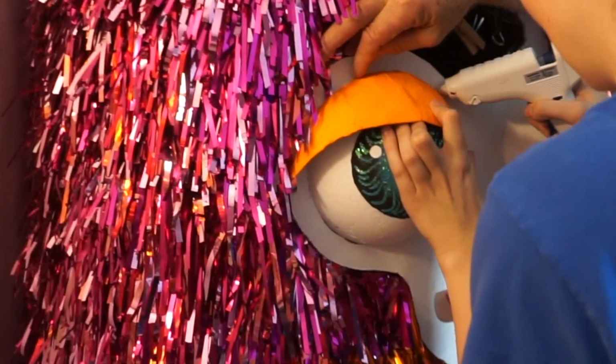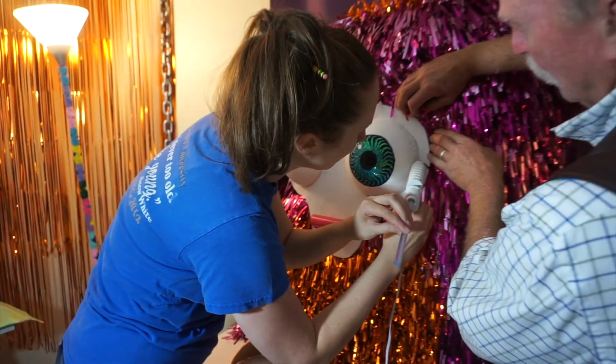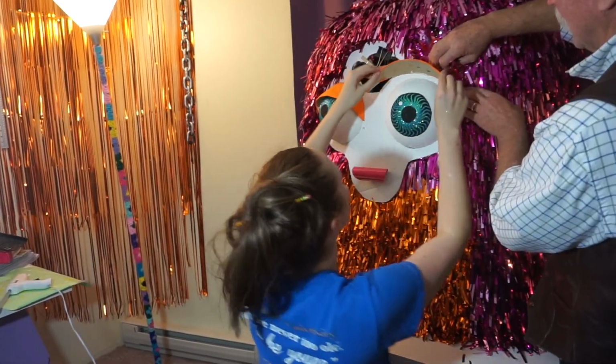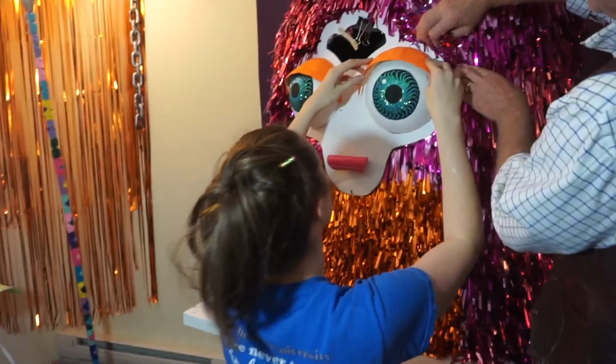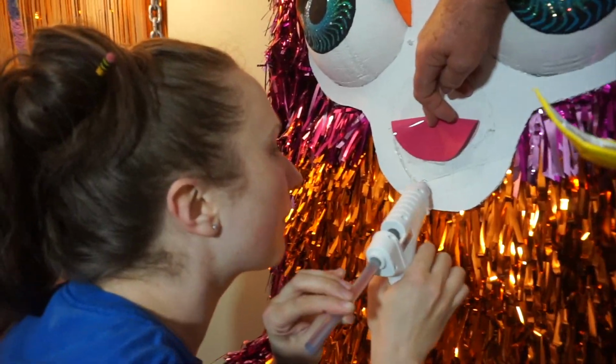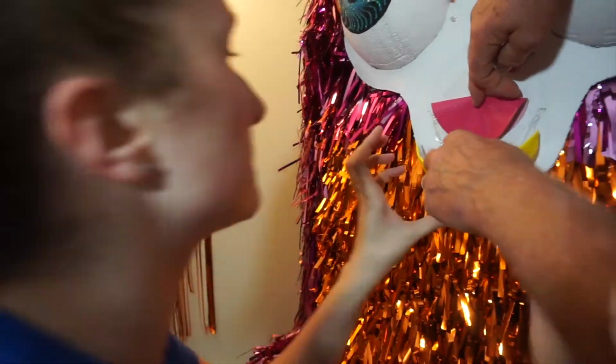So a big shout out to my family for greatly speeding along the final assembly of this costume. I used hot glue to adhere the eyelids, lips, nose, ears, and car lashes onto the costume. The denim Furby that I made in 2020 had a tongue just made out of paper, but this time around